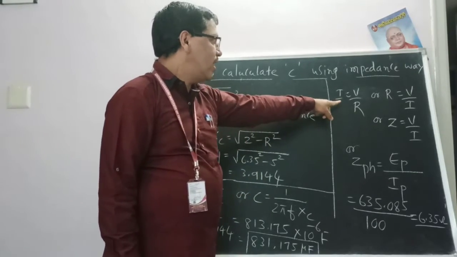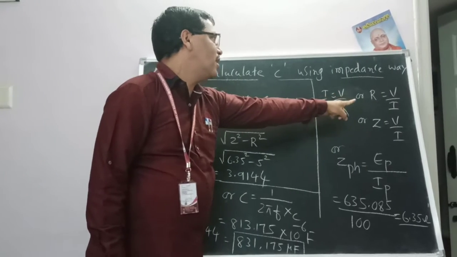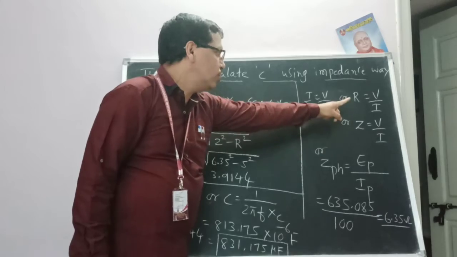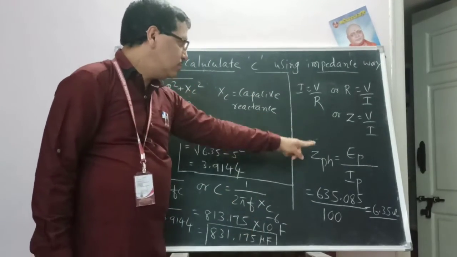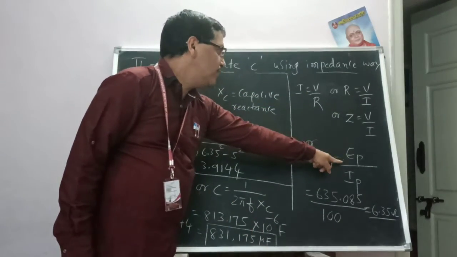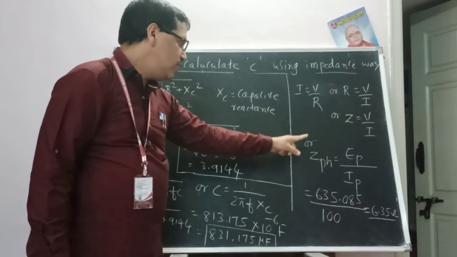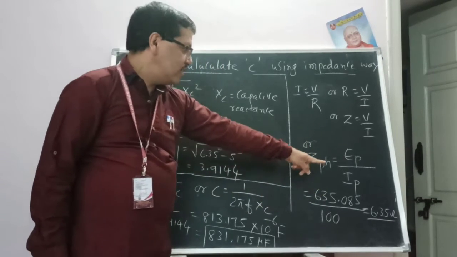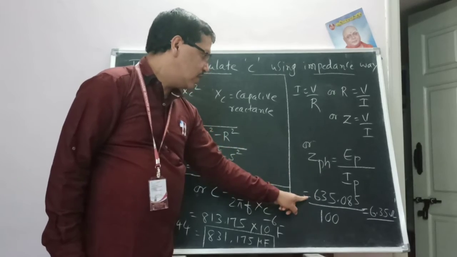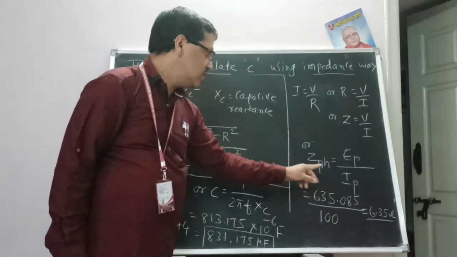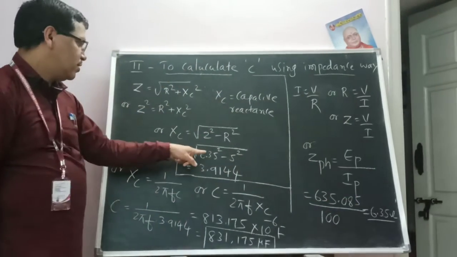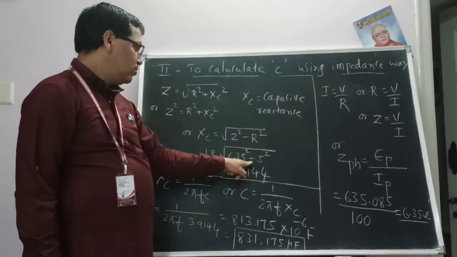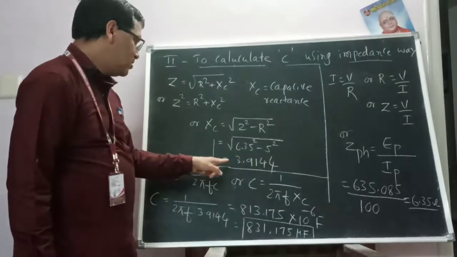So we already know I is equal to V by R, or R is equal to V by I. In place of R, substitute Z. Z is equal to V by I. Z becomes Z phase, V becomes E phase, I becomes I phase. So E phase value, 635.085, we just now calculated. The I phase value is 100. That answer is 6.35 ohms, which is the Z. So this Z you can substitute here. So Z 6.35 square, R value we already know, minus 5 square, answer is